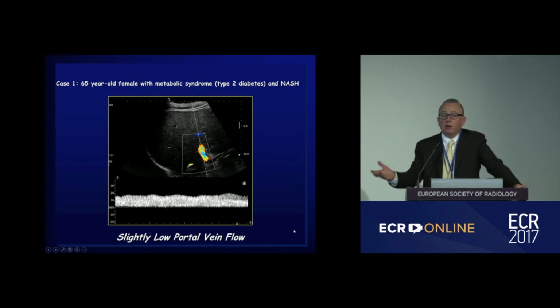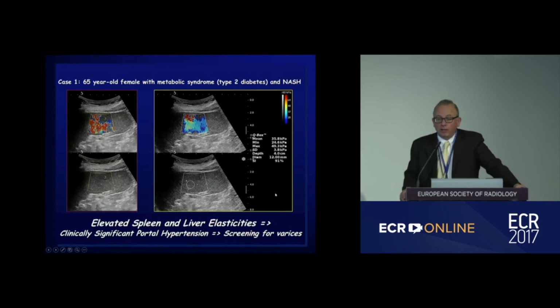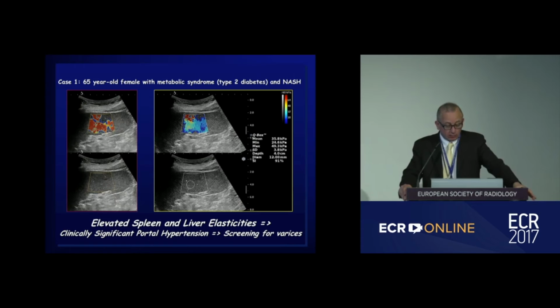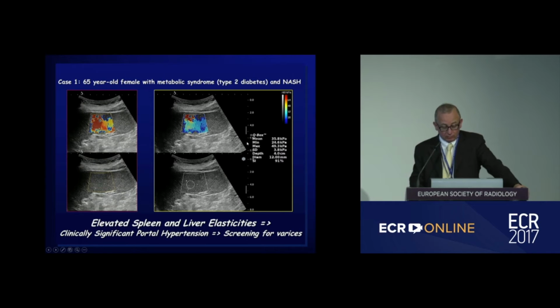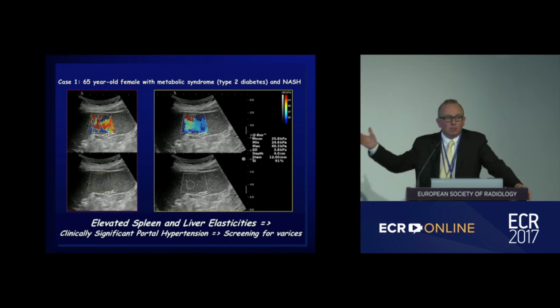And then the next step is obviously to look for a blood flow disturbance, both at the level of the portal vein and looking for collaterals. And you see a slight reduction in the Doppler waveforms and velocity in the portal veins. Then we know that the spleen is a very nice organ and can also be assessed with shear wave elastography. The spleen is not enlarged, as you can see, but the stiffness is significantly increased. You see values up to 36 kilopascal. So clearly, we know that now we're facing a patient with